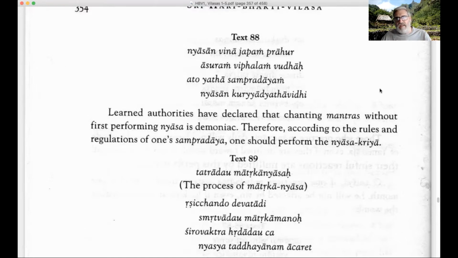Archana Paddhati is an abbreviated form of deity worship, which is supposed to be based on Hari Bhakti Vilas, given by Bhakti Siddhanta Saraswati for the Gaudiya Math. He mentions there that pranayamaha, which we just learned about, and also this nyasa kriya, doing the nyasas, or nyasa means touching or placing of different syllables on different parts of the body,